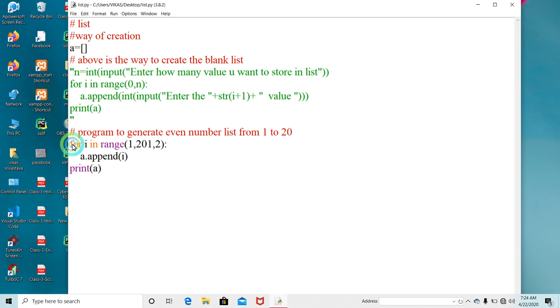Now here, suppose I have some string, "Hello class computer, how are you?"